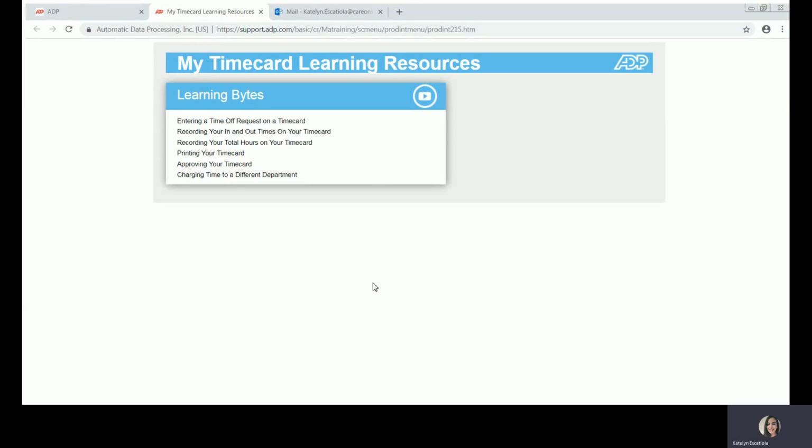And it says My Time Card Learning Resources. There are different learning bites. Learning bites are short video demonstrations of how to navigate throughout ADP, to give you some real life examples. So I see the first one, it says entering a time off request on a time card. I did already demonstrate how to do that, but if you forget, you can always come back here, click on that. A short little video will appear and give a demonstration of how to do that specific